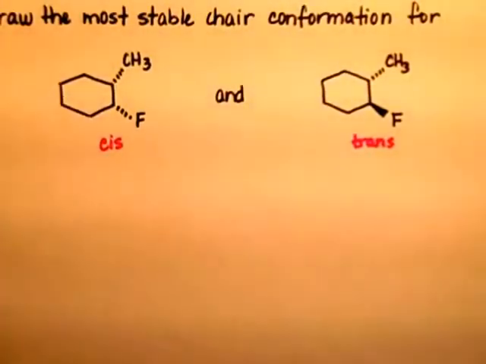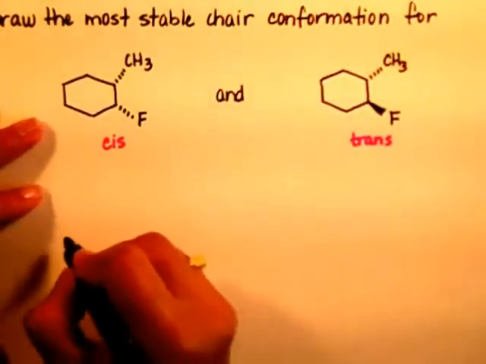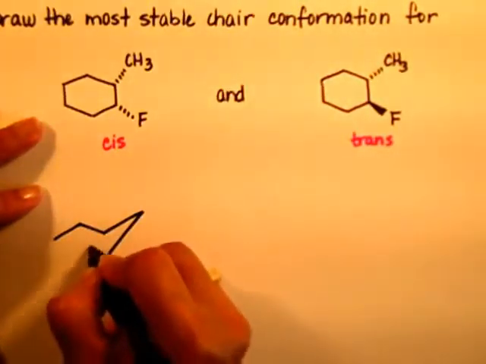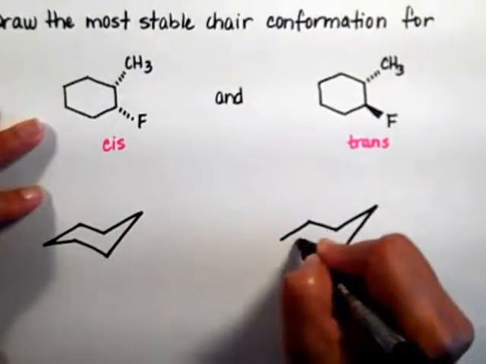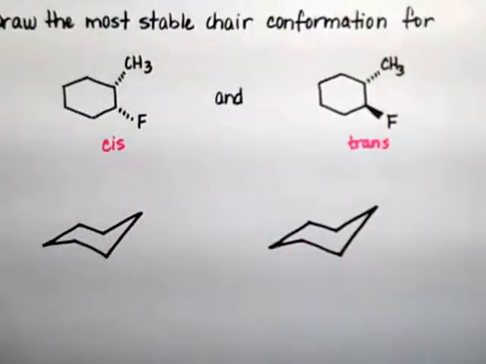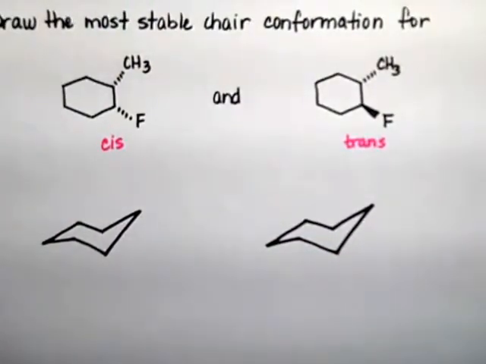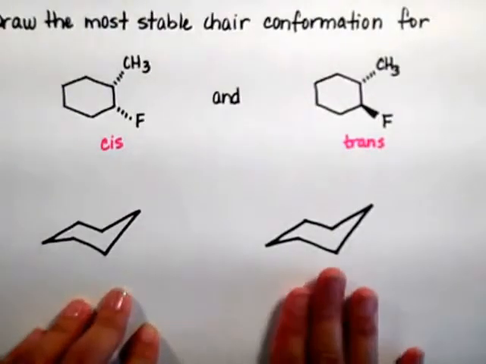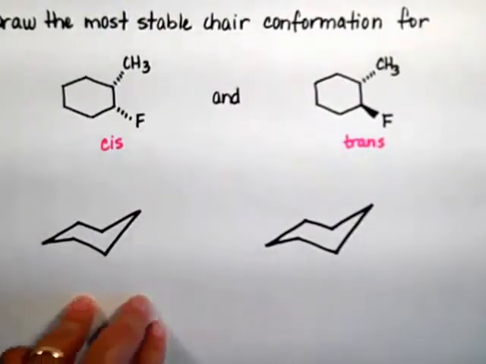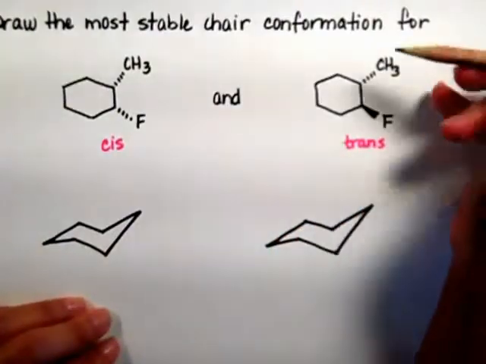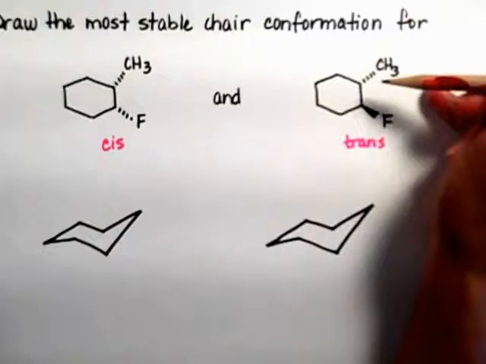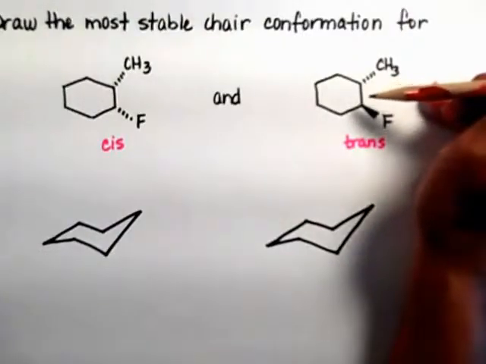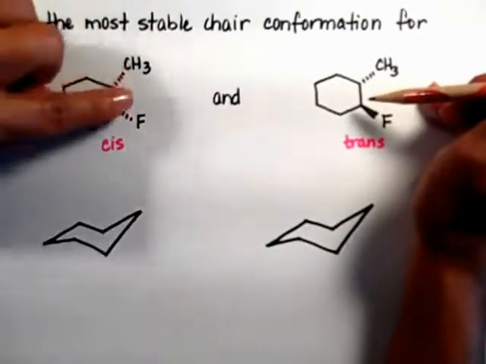And I'm going to go ahead and draw a chair. Drawing chairs requires practice, so I need you to start practicing. I want to go to the most stable chair automatically. So what I'm going to do is try to compare the size of my two substituents, because I know that the more substituents I have equatorial, the better. But since they're both different,